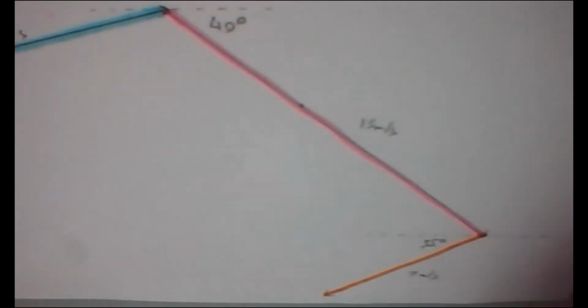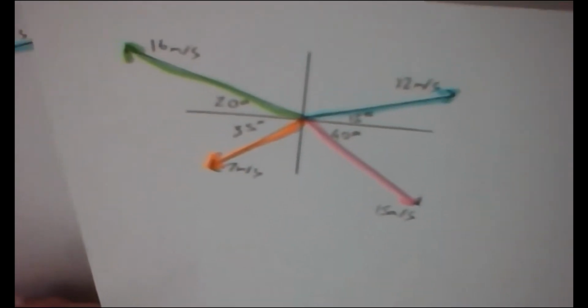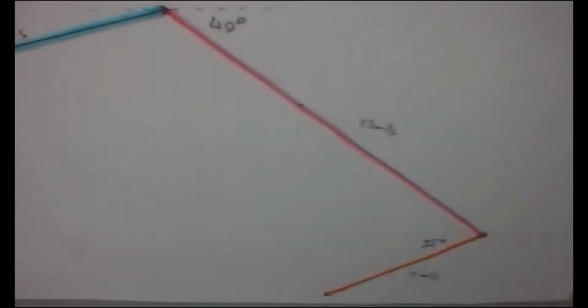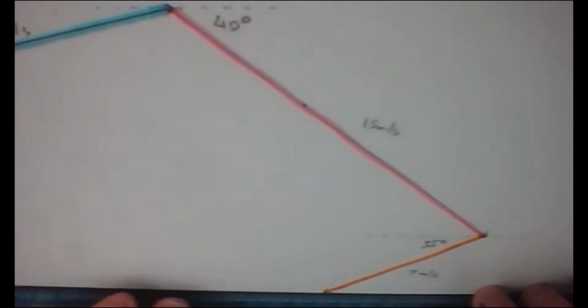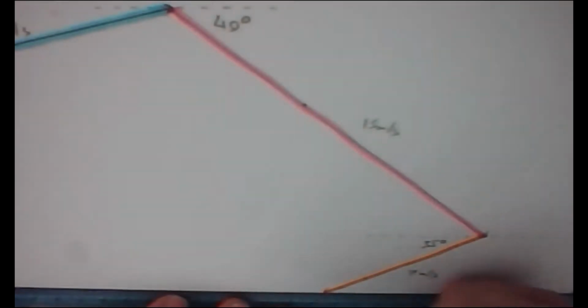So now we need to add our final vector to the diagram, and this is our green vector. That was the one acting up and to the right. I'll just bring it up on the screen once more to remind you. So this was our green vector acting up and to the right, 16 meters per second, angle of 20 degrees. So we do the same thing as before. We find our horizontal, which is just in line with our page. I'll draw this dotted line here to help me